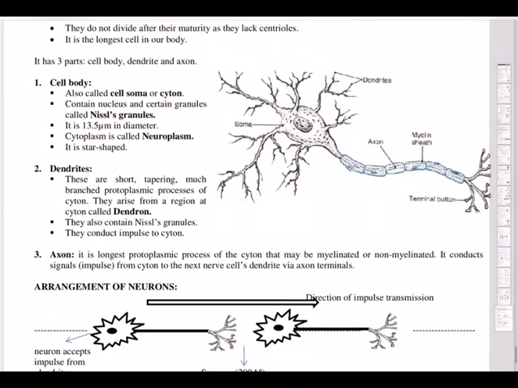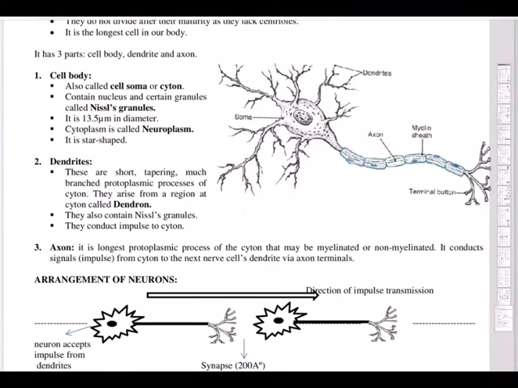And what about the function? What is the function that a neuron is doing? Just now we said it is responsible for all sensations. So based on function, we have afferent neurons. Afferent means sensory neurons. Second one is efferent. Efferent neurons. These are motor neurons. And the third one, interneurons, meaning connecting neurons.